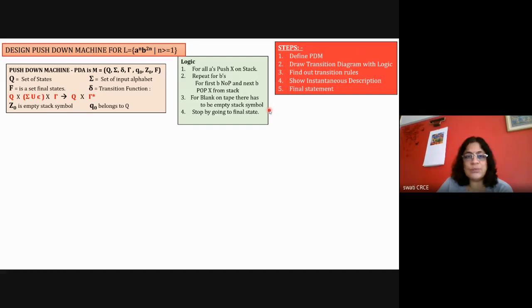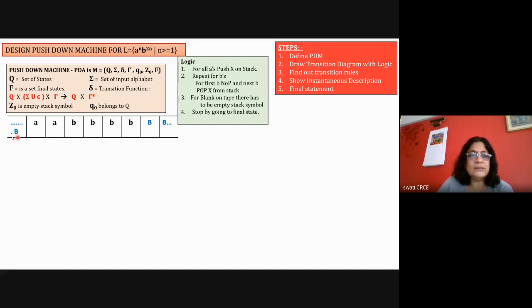Okay, so how to solve this problem? You draw the diagram of the pushdown machine. I'm taking a string of 2 A's and 4 B's on my input tape. Okay, for simplicity, I'm taking a sufficiently long string. Even you can take 3 A's and 6 B's when you are actually solving the problem, but here there is some limitation on the PowerPoint slides. So I'm taking 2 A's and 4 B's as my input string, and it is stored onto the input tape.